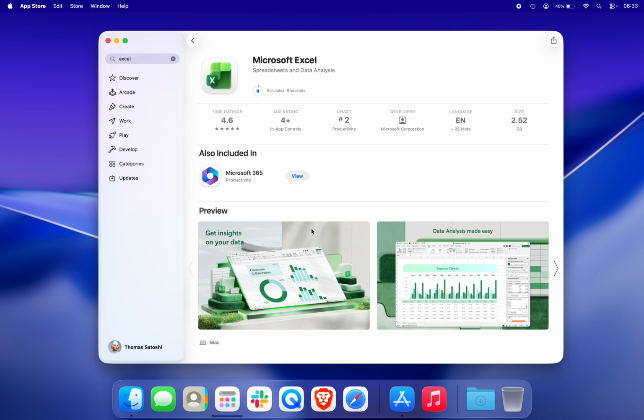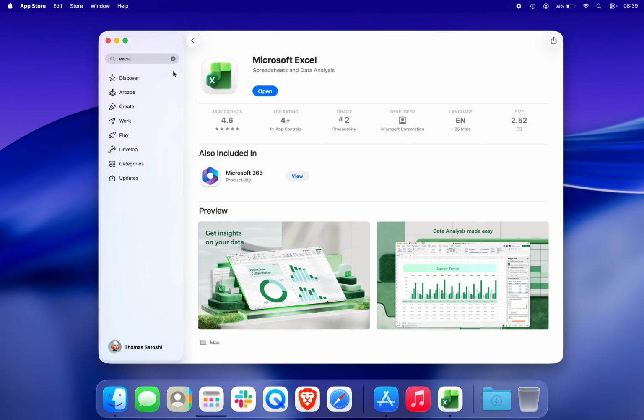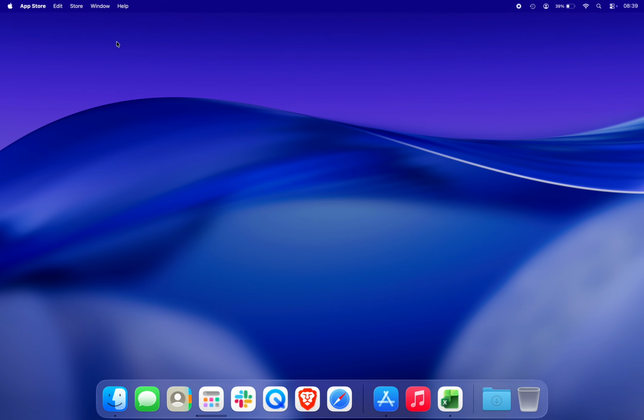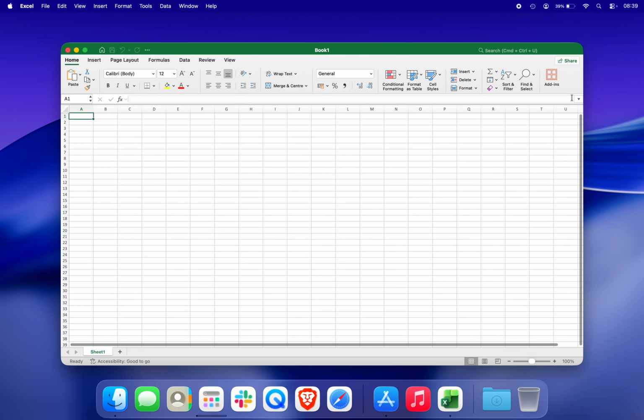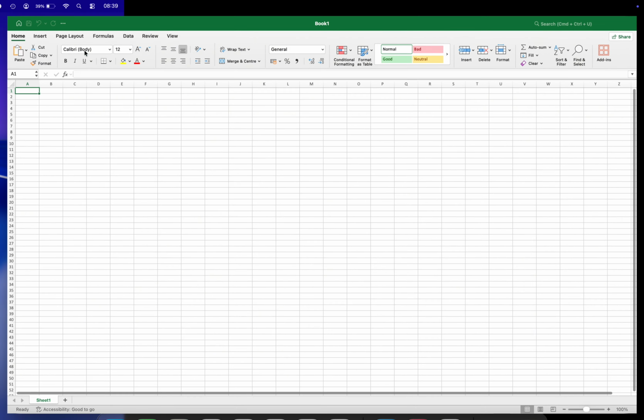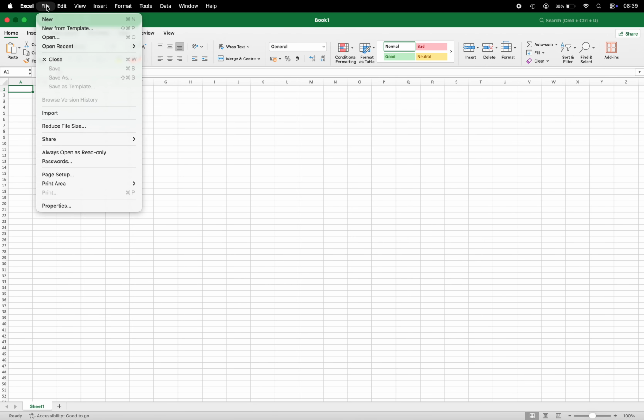Once the installation is complete, click Open to launch Microsoft Excel. When Excel opens, sign in with your Microsoft account. You can use an Outlook, Hotmail, or Microsoft 365 account. If you already have a Microsoft 365 subscription, you'll be able to create, edit, and save spreadsheets using all the